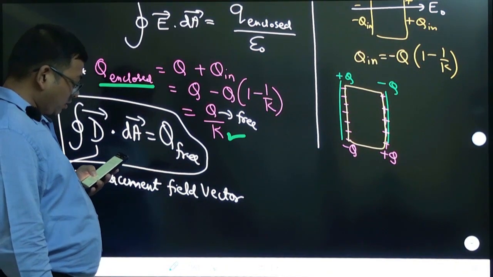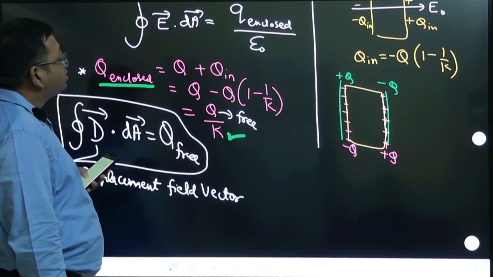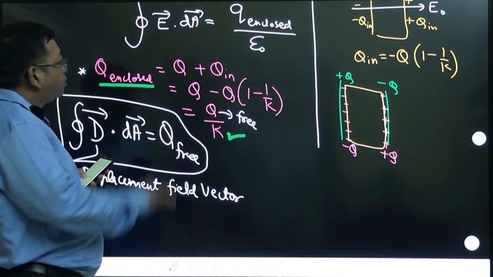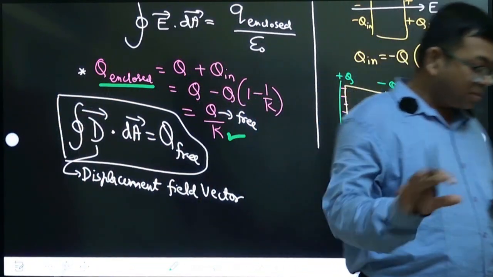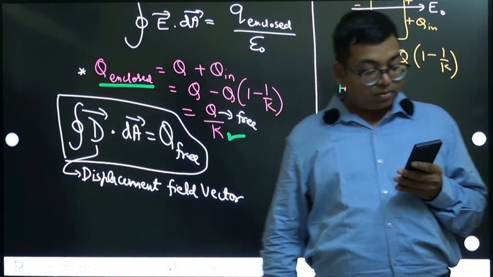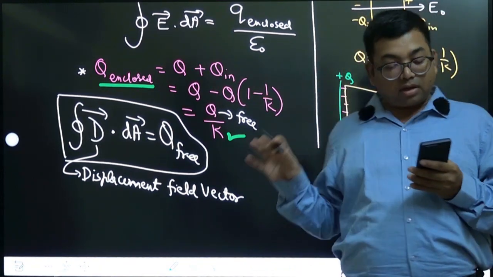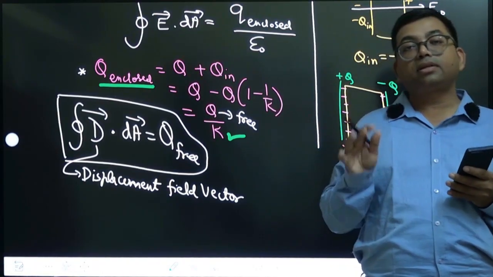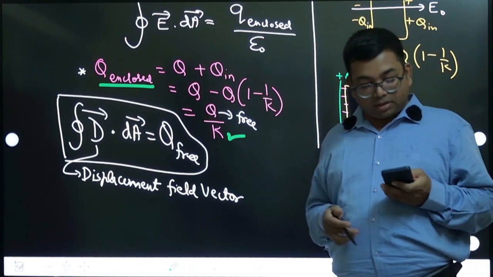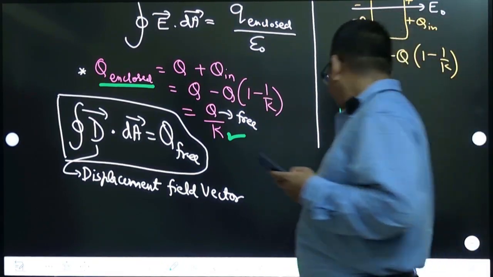So free charge enclosed, we cannot consider it correct, because enclosed may be made up of bound as well as free. Okay, so second, I think this option is not properly correct. So we should have only third and fourth options correct. Second cannot be taken completely as correct. Okay, so we'll change the key for this. Let us go to the next